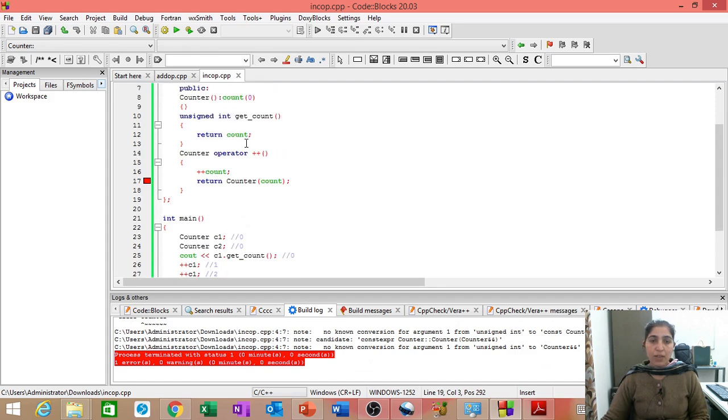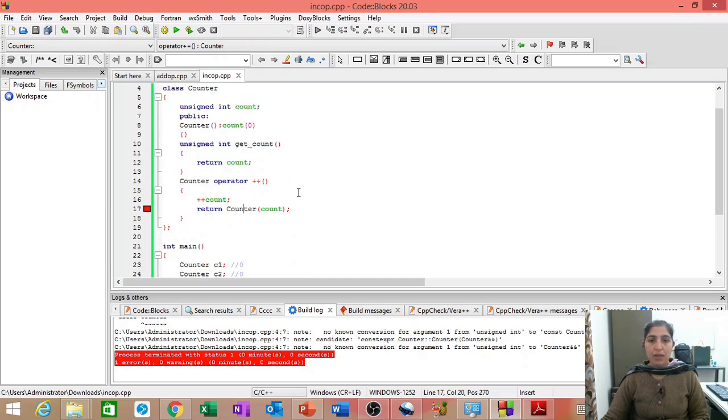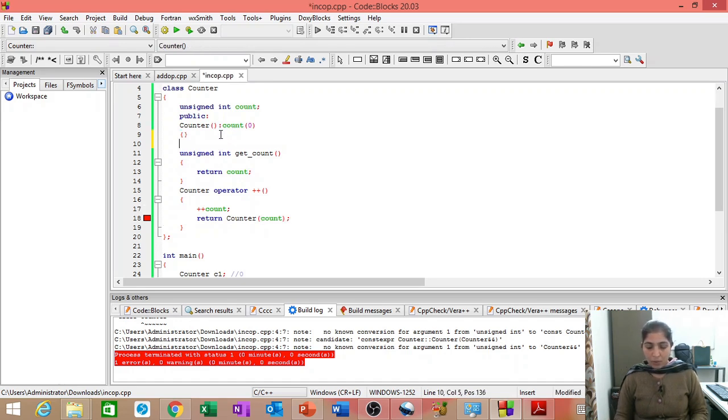This is a function call, but specifically, this is a call to a constructor. Why? Because we are creating a new object. So here we have this constructor, but this is not matching with this. Why? Because here this is a no argument constructor, but in this constructor we are passing one argument of type integer. So we need to create this counter